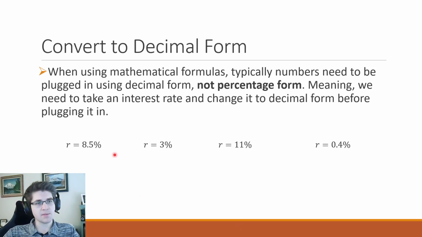So, for example, say we had something like 8.5%. If we're going to be plugging this interest rate into a mathematical formula, almost never do we want to plug it in as 8.5. That will almost always give us a horribly wrong answer, because really what 8.5% means in its value is 8.5 out of 100, and that's the number we